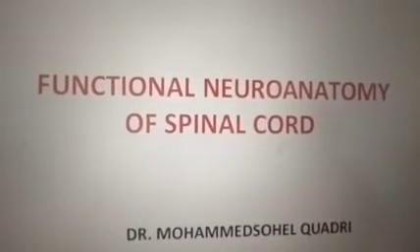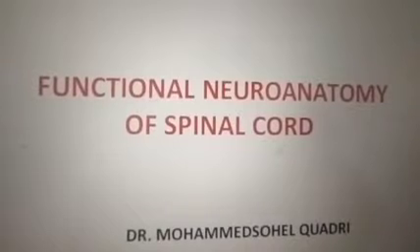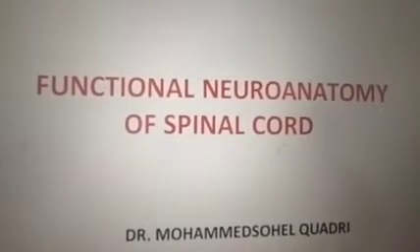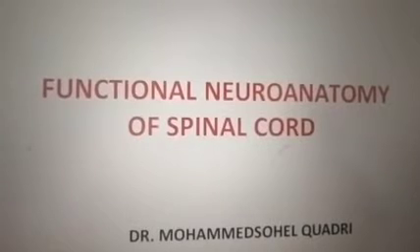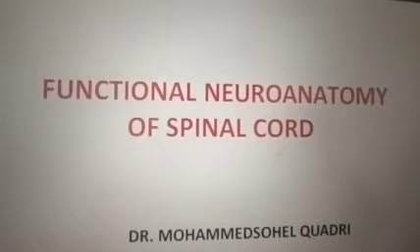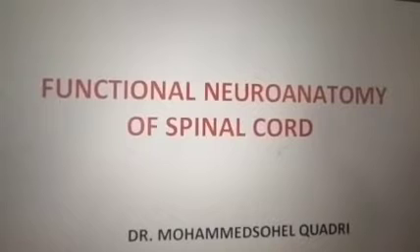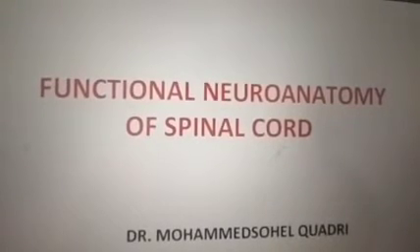Like in the upper part we have the brachial plexus, then in the lower part you have the lumbar plexus, sacral plexus, like that, forming the different nerves like radial, ulnar, sciatic. All kinds of nerves will be formed from these ventral and dorsal rami, right and left branch of each side.